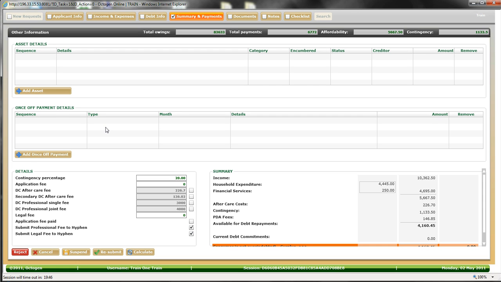The next field I have here is a field called once-off payment details. Now this field will only work when the negotiated rule is applied, and not when the DCRS rules is applied later when we do a proposal. But what this allows us to do is to say, if there is affordability left after the debt counseling fees have been paid in month 1 or month 2, the legal fees have been paid, and there is something left over, either the system will automatically allocate that to credit providers, or we can go here and manually override where